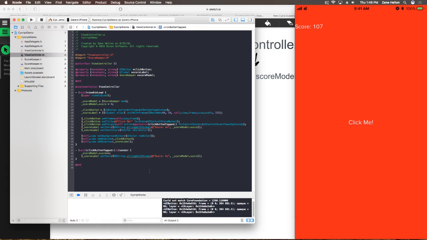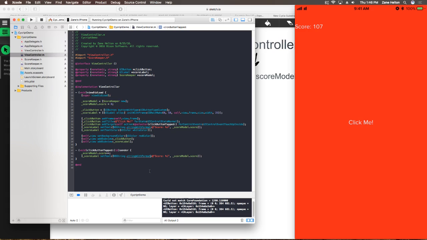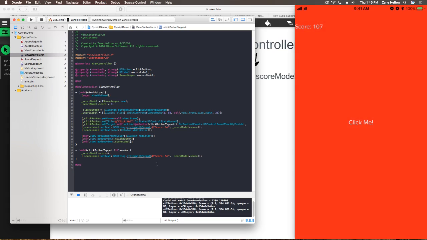So go ahead and load this into Xcode and load it onto your device. And I'm going to go ahead and explain how this app works and why I made it like it is. There we go. So I've made this app so that it's a little bit more complicated than it needs to be, but I've done so on purpose so that I can explain a little bit more about how Cycript works. So while Cycript can do a bunch of UI stuff and has the total functionality too, I found that UI was not exactly a focus for me